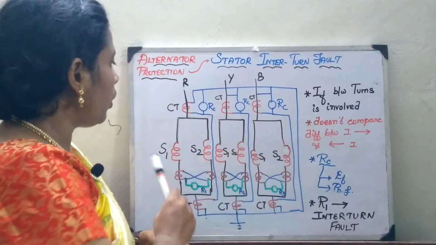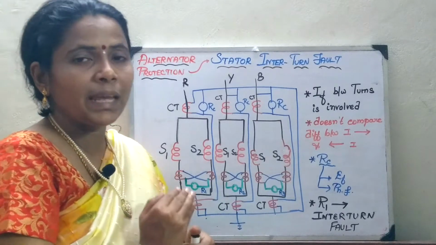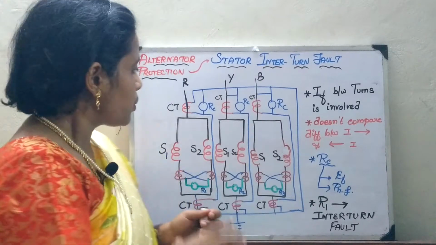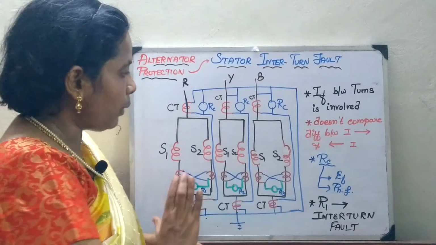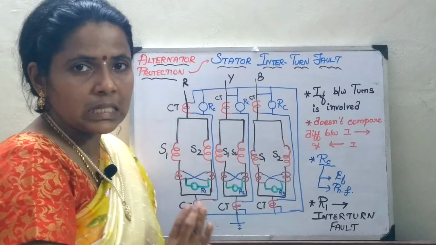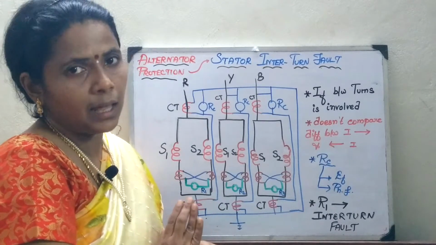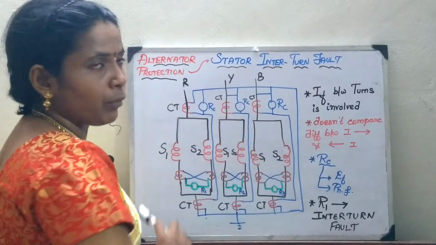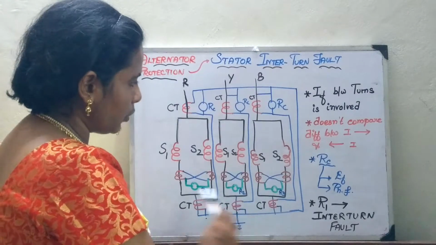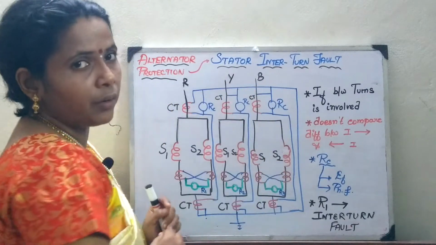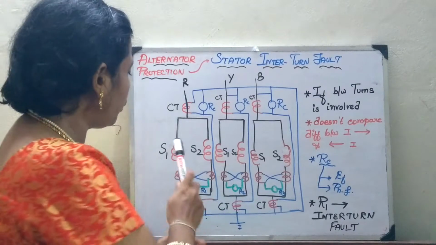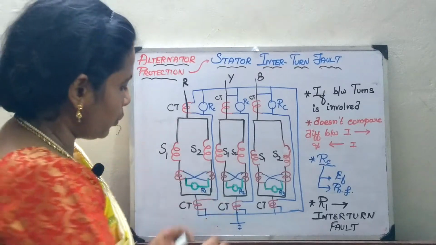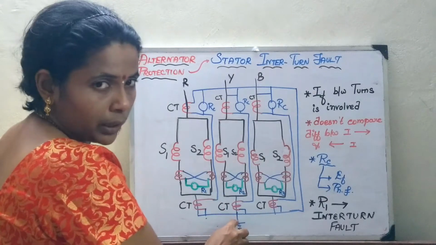Now going on to the circuit diagram, first we will have the basic understanding of the circuit, then we will move on towards the principle. If you look at this circuit, it might look quite different, but it is the same circuit we posted in the last class. What was the circuitry? I will have the R, Y, B. Instead of drawing like this, I have just tilted and drawn it like this, because here I have to showcase the stator interturn protection. If you look here, I have not put the neutral resistance.